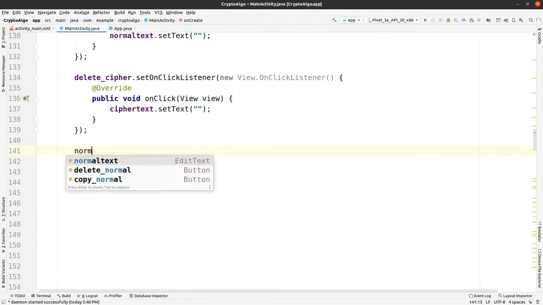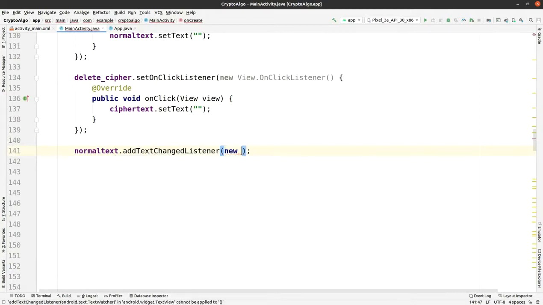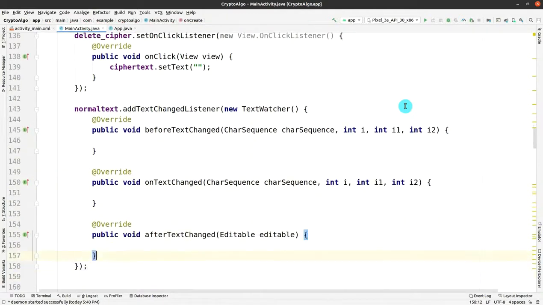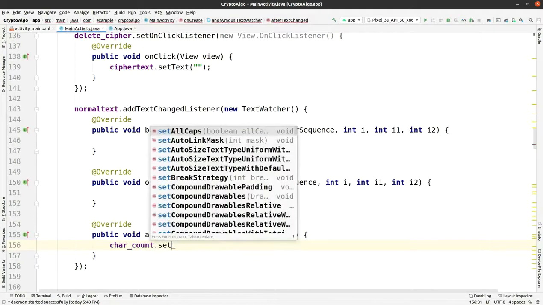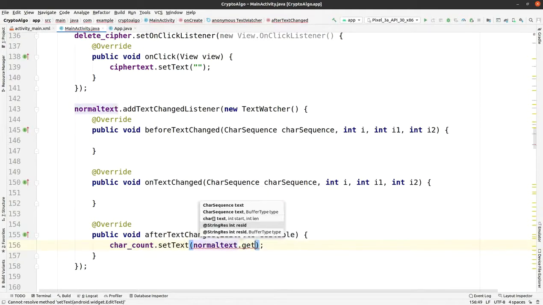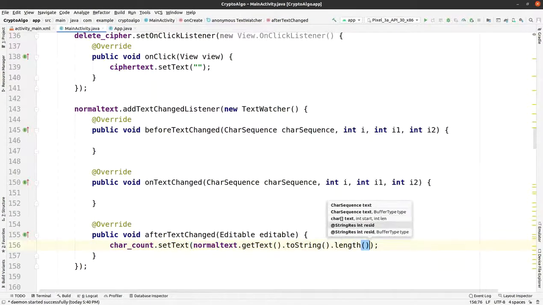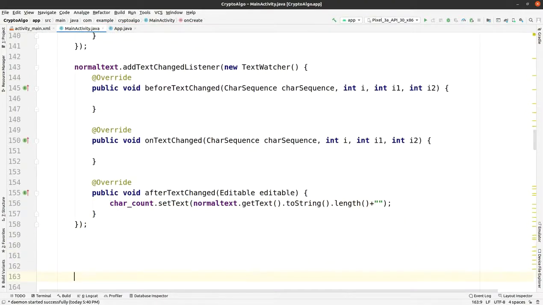After that, we are calling the add text change listener, and you just have to come into the after text change. So when the text changes, it will count the characters of the normal text, using normal text dot get text toString dot length. Then doing the same for the ciphertext.